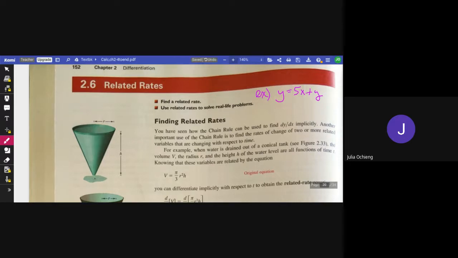So in that case, if I was differentiating in terms of x, I would separate the y from the 5x and then also the other y. And because this was in terms of x, I'd have to